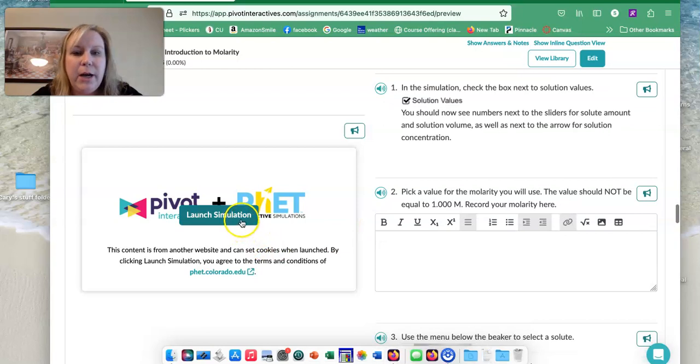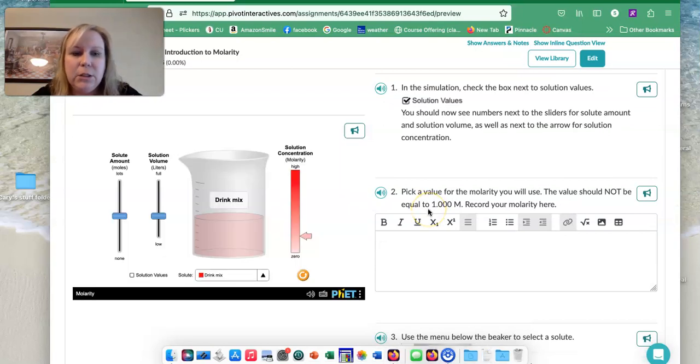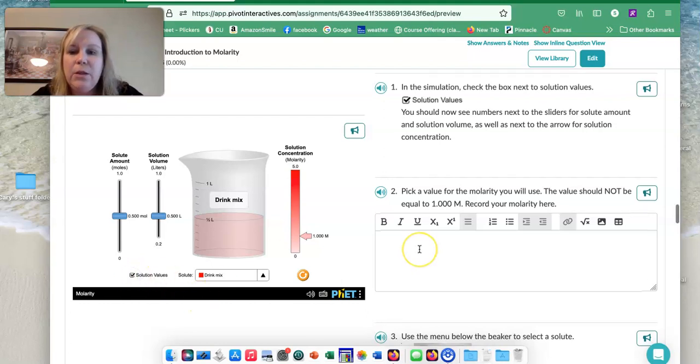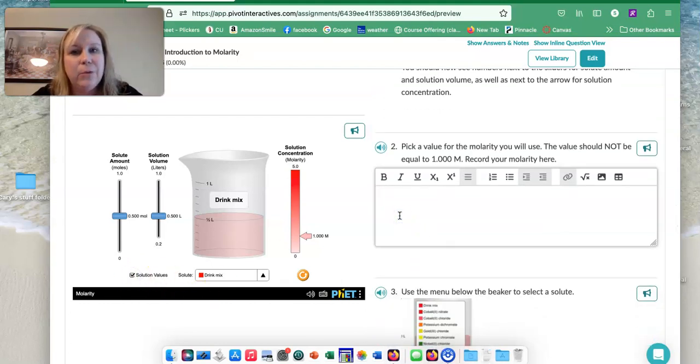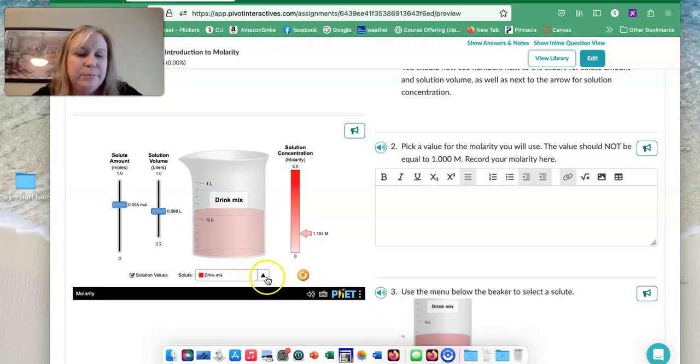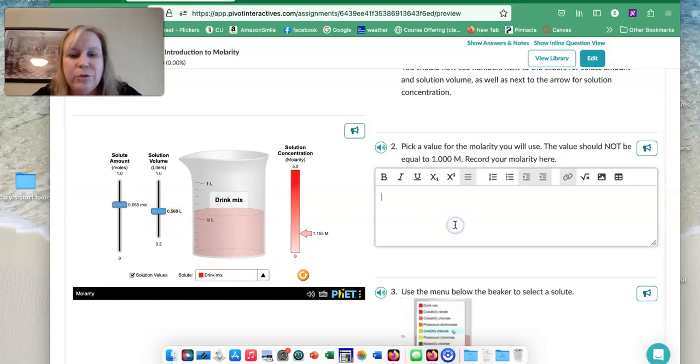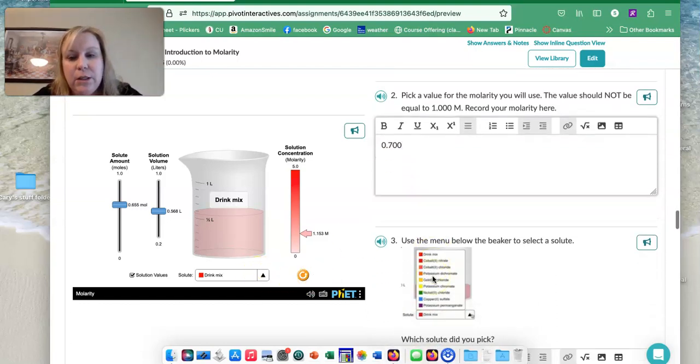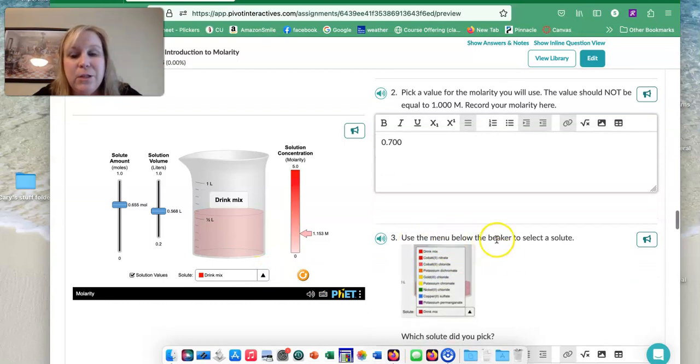When you make a graph, you're going to launch this simulation, and you want to make sure that you choose solution values here. Then you need to pick a value for the molarity you'll use. Don't use 1 equal to 1. The way you do that is you're going to change this, or you're going to change this. So for example, maybe I'm really interested in